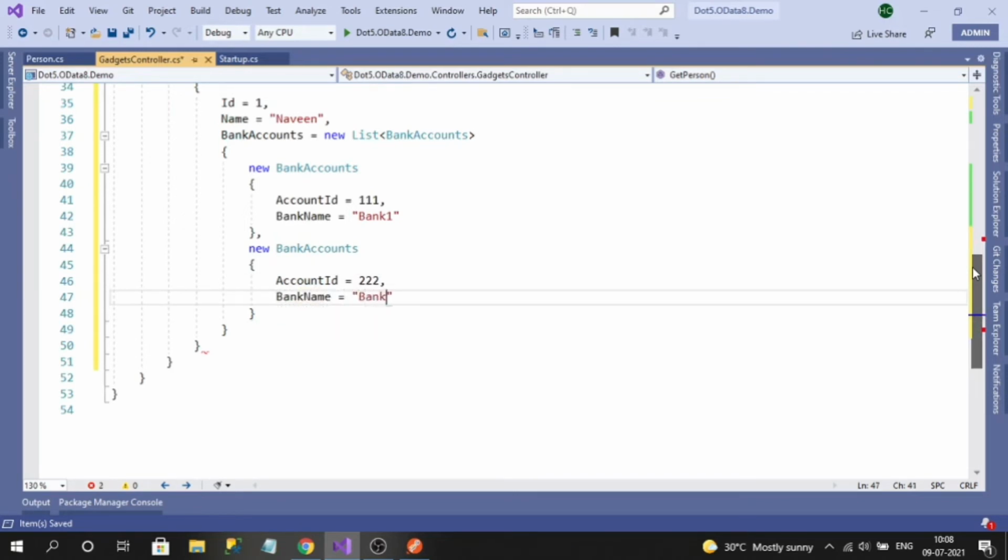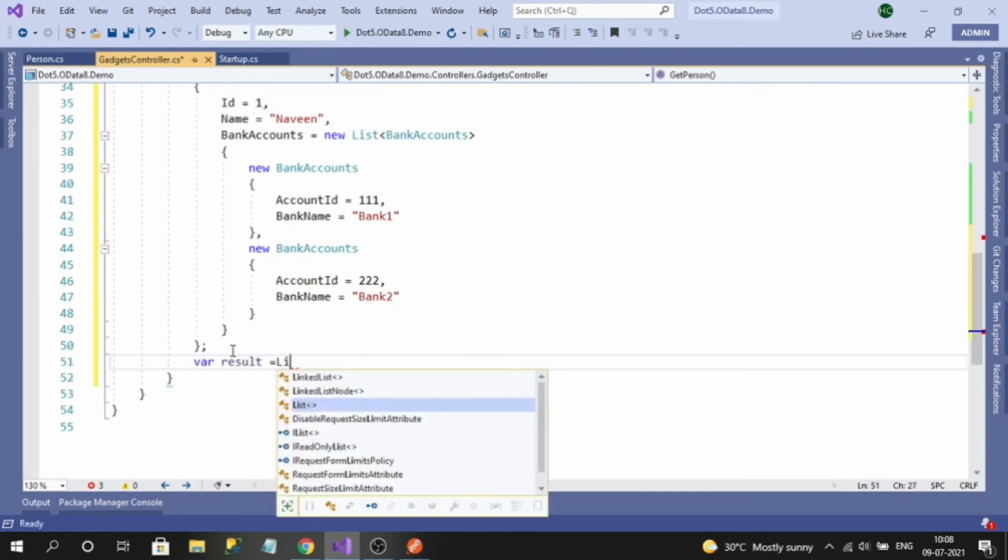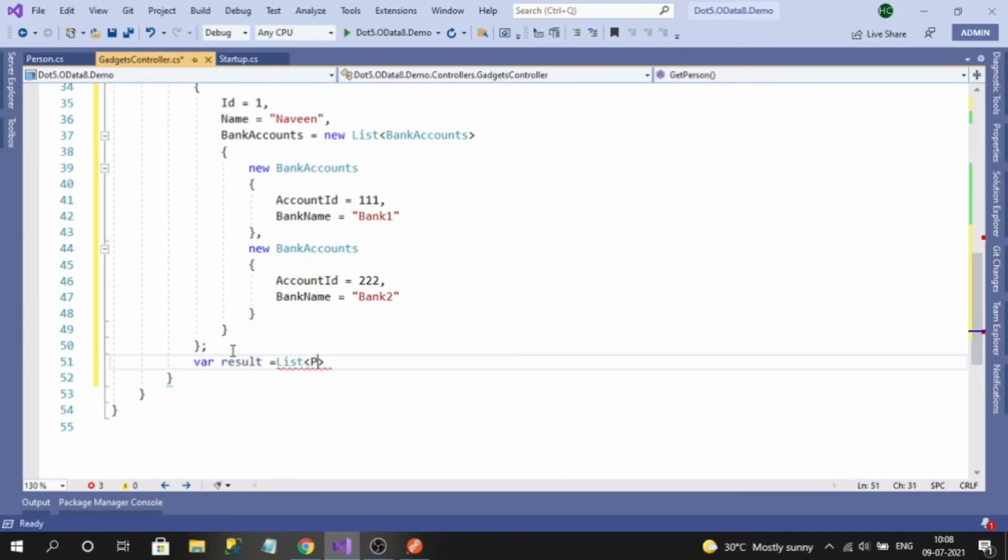bank 2. Okay, so let's create the collection where result equal to new list of persons.